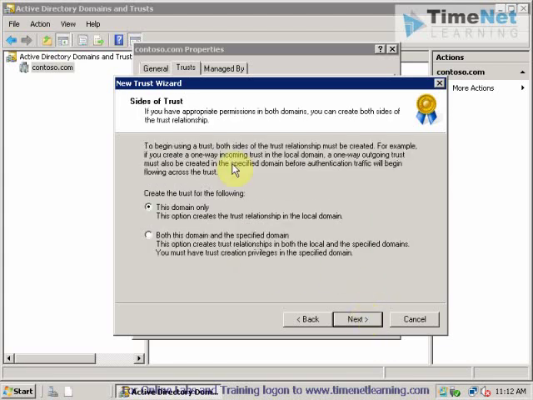I will click on next. So this asks where should we create this trust relationship. If we want to create on this domain only, we can select the first one, or if we want to create the trust relationship on both the domain controllers, we can select the second option and click on next. If we select the second option and click on next, it will ask me for the domain username and password of the other domain. So as I am the administrator for both the domains now, I can select the second option and click on next,